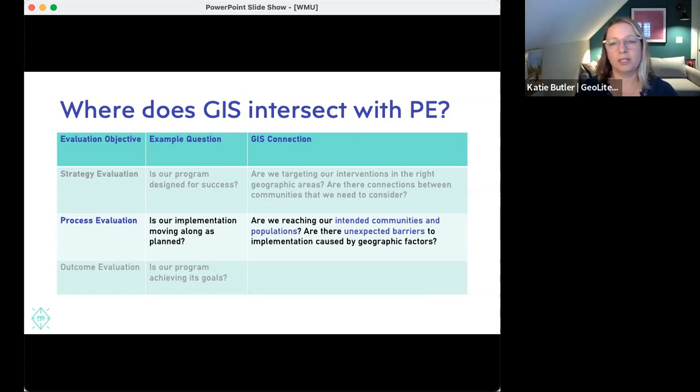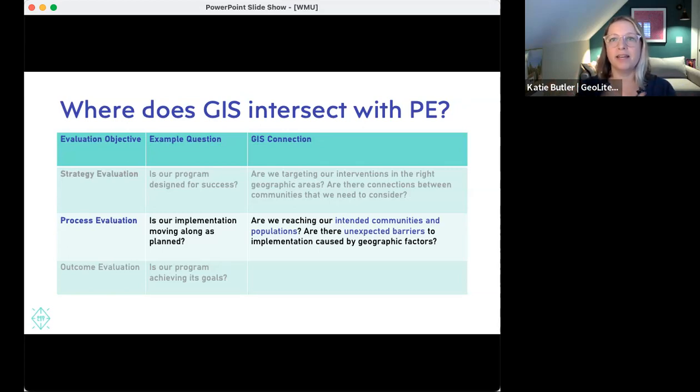And then the second question is similar in this case. Are there unexpected barriers to implementation that are caused by geographic factors? As we start layering these things, as we start mapping our interventions and geographic characteristics, is there something that's popping up that's unexpected? A great example of this is when you have a county boundary and your organization, say you're working for a nonprofit and you're doing a statewide intervention, and you realize that there's some kind of difference in uptake of the intervention or results of the intervention along a line.